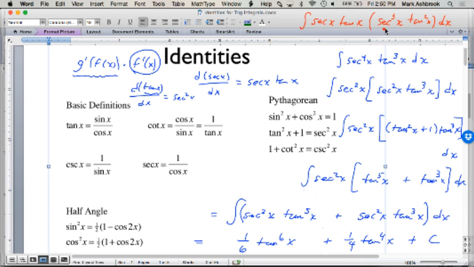Do you see that? Secant cubed times tangent, what? Secant squared minus 1. The same thing would have happened. We got all secants in here, and now we've saved its derivative out here. So that would have been an alternate way to do it: pull out a secant tangent and make everything inside there in terms of secant, which you also do by Pythagorean. Okay, so